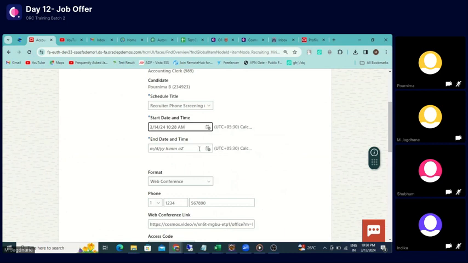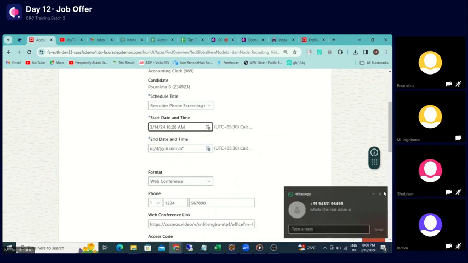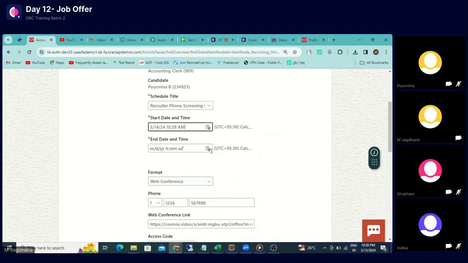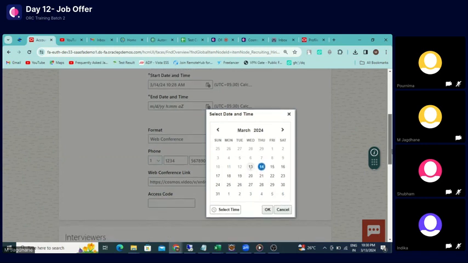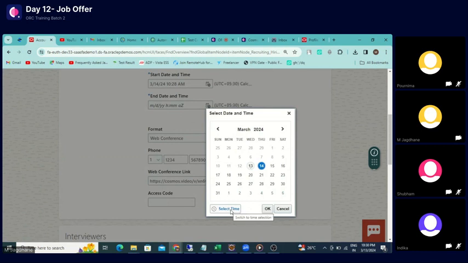We have to choose the time zone. Sometimes in real estate, there are different business units based on the different countries. So we have to choose that time zone and check whether that time zone is working or not. I'll choose the same day. Okay. And start time, end time, 8:28